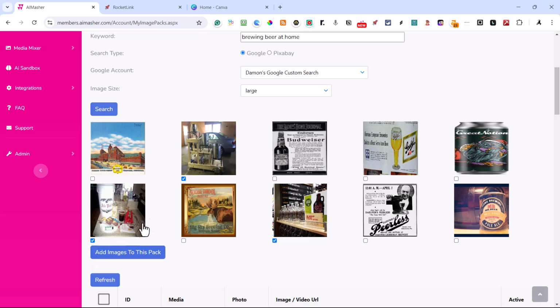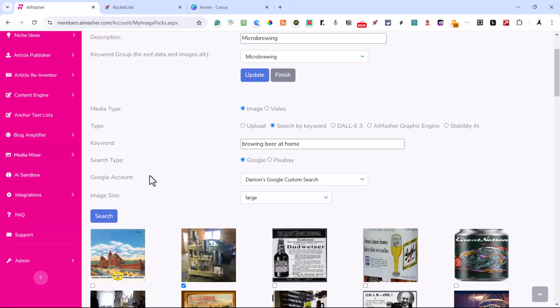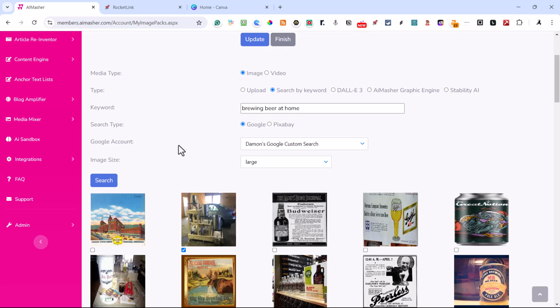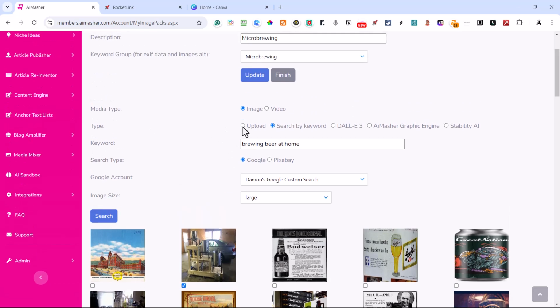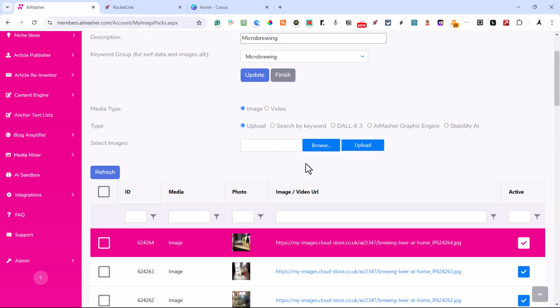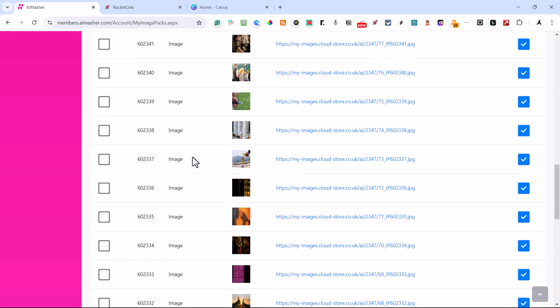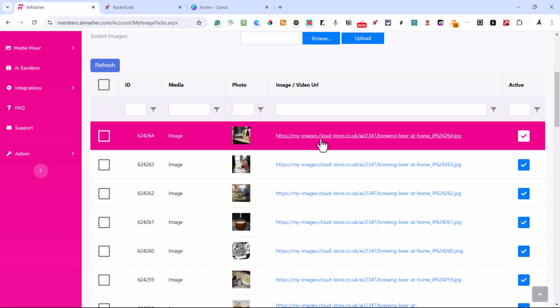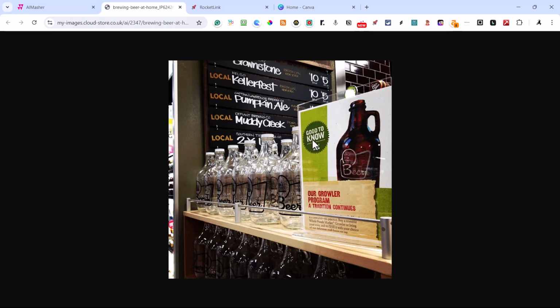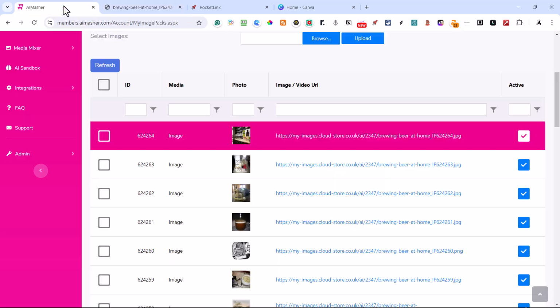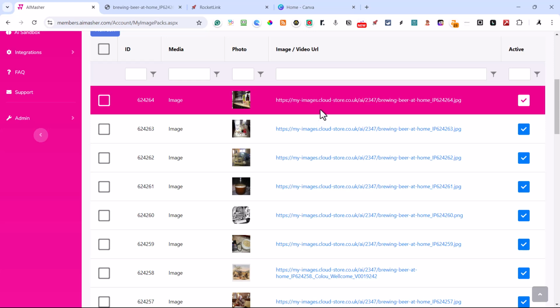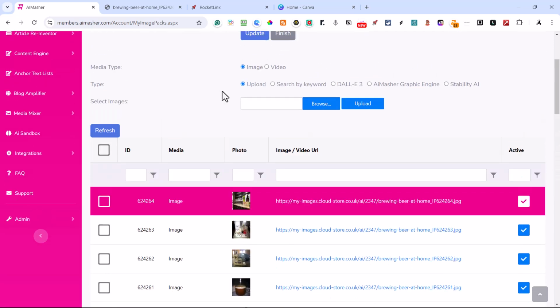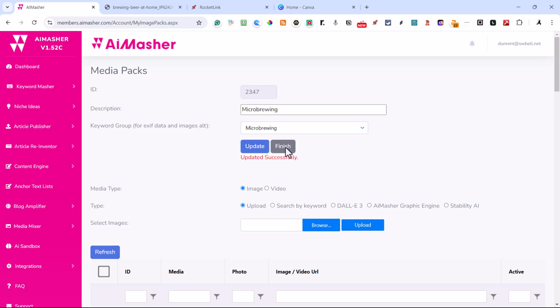Add images. Now, if you're doing something like Canva, you're just putting a bunch of images together and saving them in a zip file, then you would just unzip that file, and then you can upload all those images that you just made. You browse for them and hit upload. Okay. So that's how you get your media packs in here. And they're stored on our image storage. So we have an Amazon cloud storage. And you can see this is great. But this is what we use to embed a media encapsulated file, is online storage that's set up for sharing images. Okay. So we're done there. I'll hit update and finish.